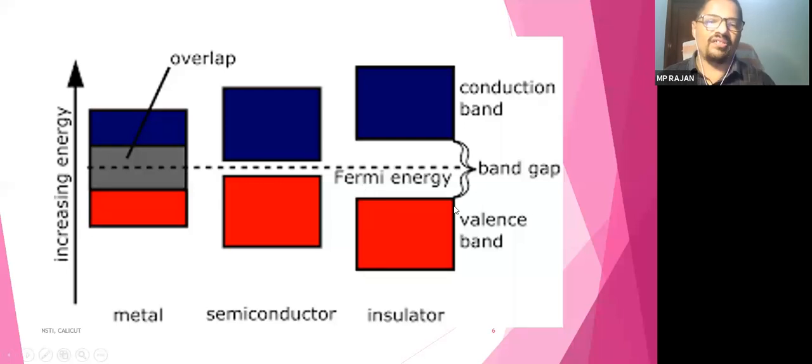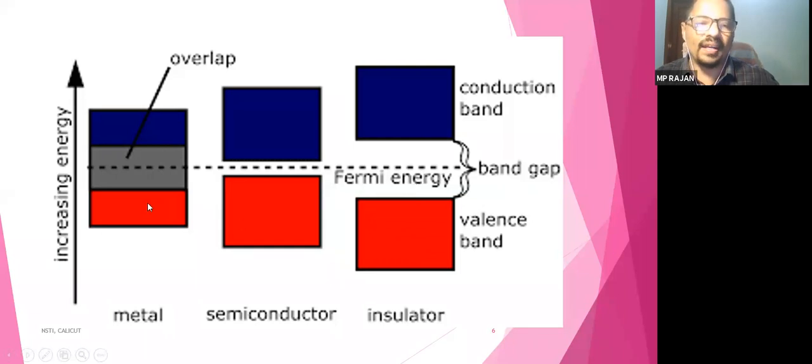Different materials have different energy gaps. So we all know there are three types of materials: metal, semiconductor, and insulator. So you can see the energy band gap between valence band and conduction band in each material. In the insulator the gap is more. That means you require so much energy to take valence band electrons to the conduction band. You know an insulator doesn't allow the current to flow. Normal potential supply energy is not sufficient to break this gap.